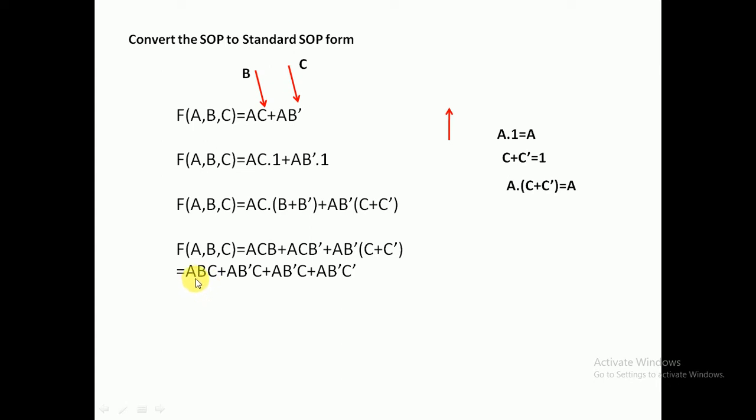First term abc, 3 variables are there. ab dash c, here also 3 variables. ab dash c again, it is repeated 2 times. Whenever you see a repeated term you can write it as a single one. Now ab dash c dash is also one of the terms consisting of 3 signals. Now the function is in the standard format because each term consists of 3 variables.